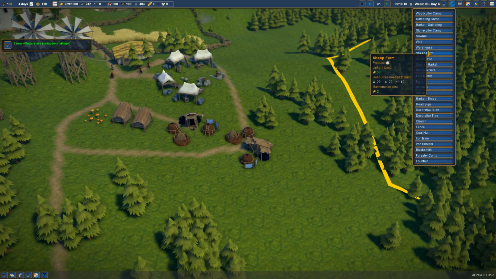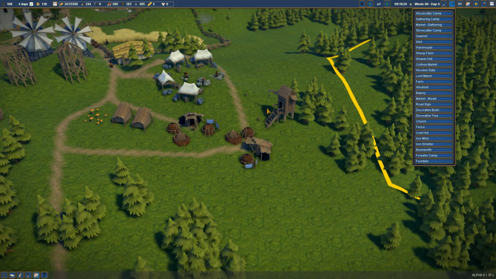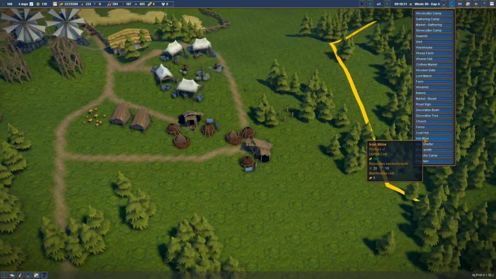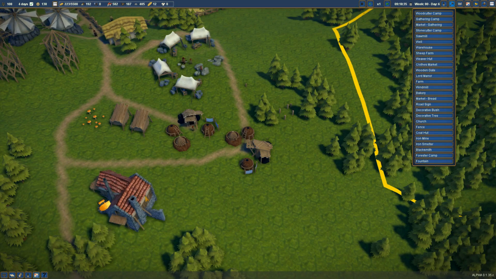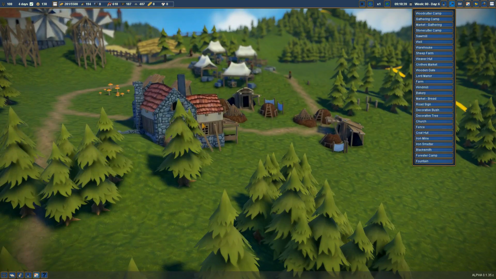let's see, why don't we put a warehouse, yeah, we'll put a warehouse, say right here. Yeah, I'll put the warehouse there. And then I'll do 2 iron smelters. Let's see, where's the front door of this thing? So the front door is going to be...